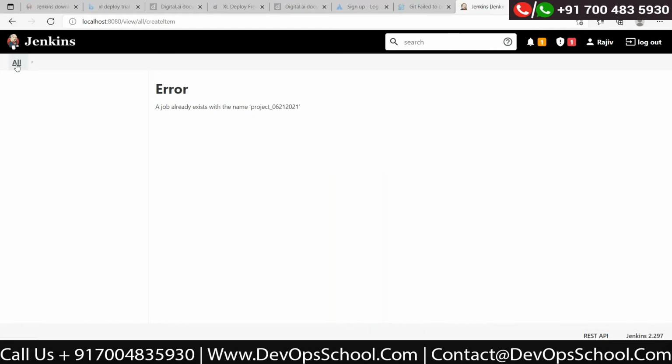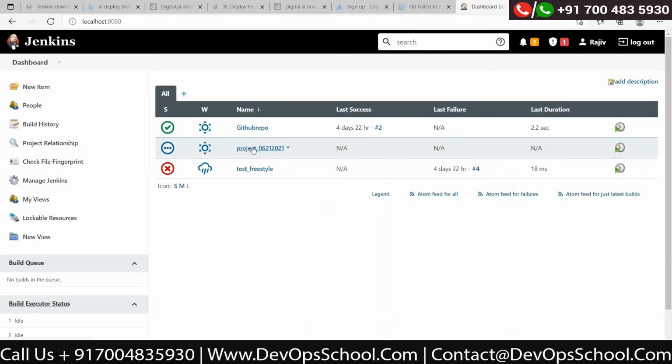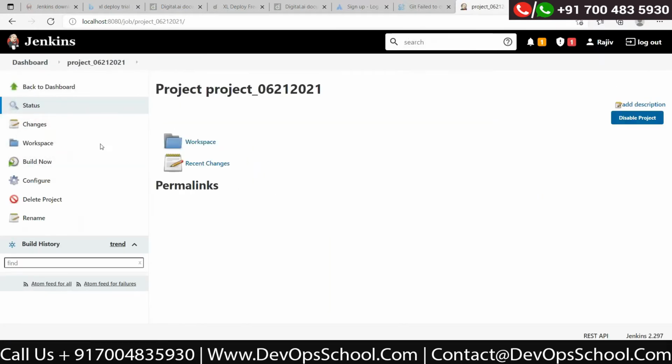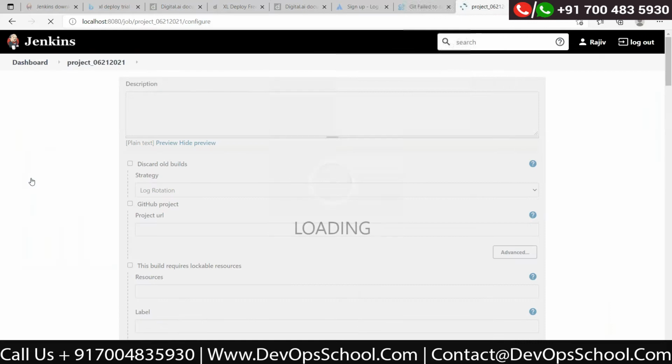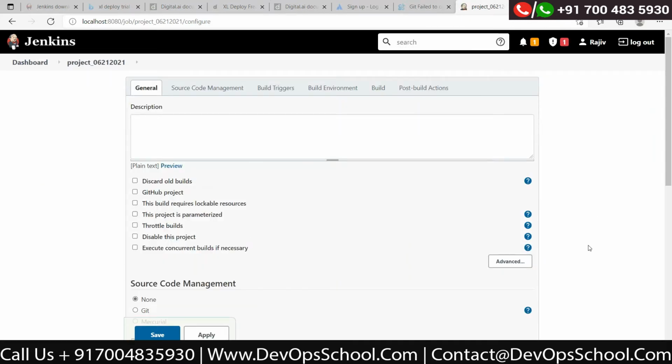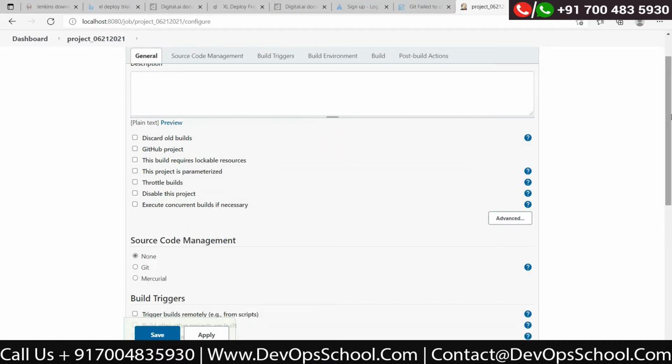Okay, I think I hit it 2 times, that's fine. Options are right here. Usually the purpose of each job, whichever job you create, is to pull some code from the repository, and that's why we configure this source code management section. However, you can see an option none, which we did not discuss last time because we focused on how to connect it to Git.